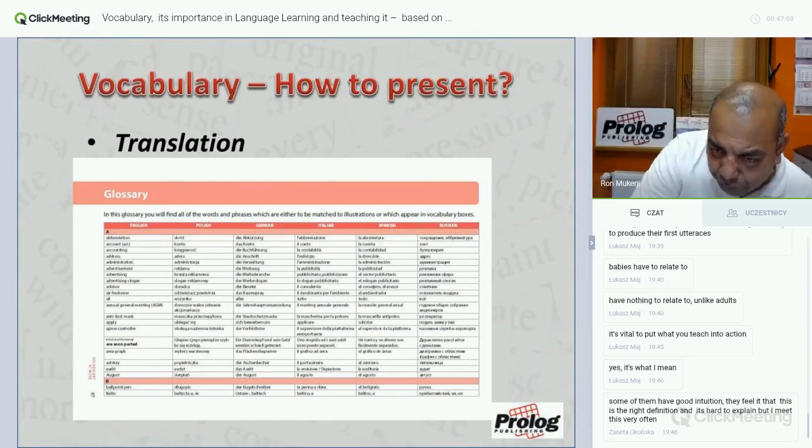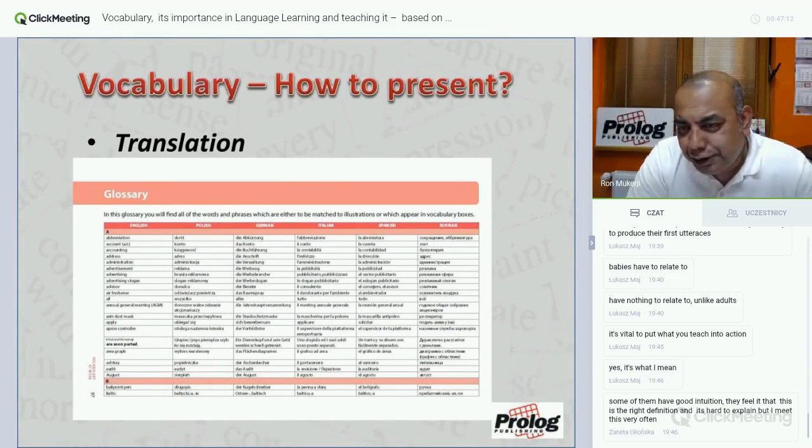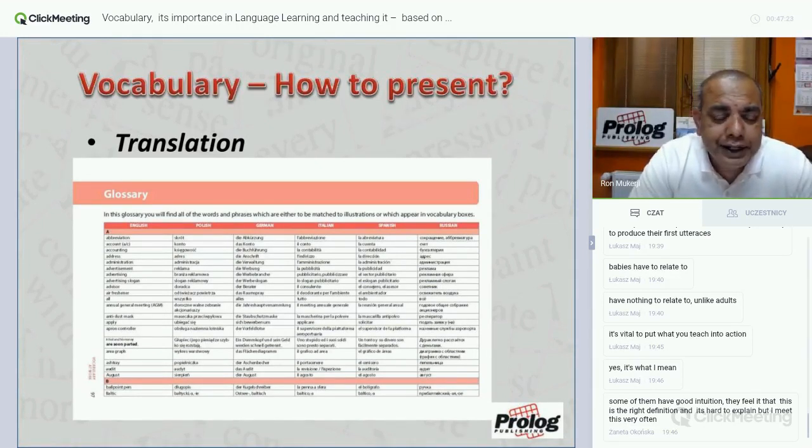Yes, Janetta, it's a very good point. Some of them have good intuition. There are 2 explanations to this. Either they're great poker players, you can do nothing about that, or it is not really intuition, it's what we call an educated guess. It's like a betting shop, where you are betting on something because you have certain information that helps you to make